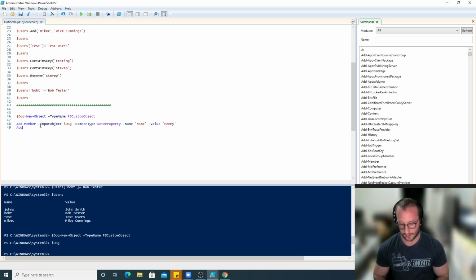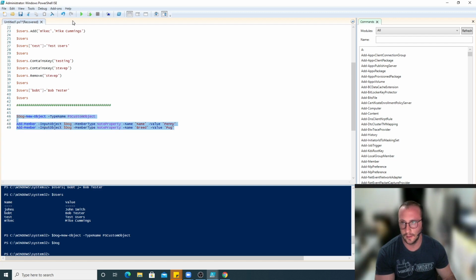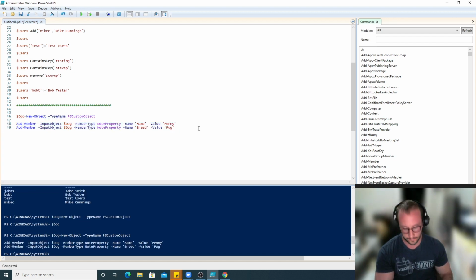And then we're going to add another member with the same input object for dog, the same member type. So we're going to be adding another property to this. We're going to put the name of that property as breed. So we're going to be storing the breed of the dog. We're going to put that value as pug. So if I run these 3 lines, now we can